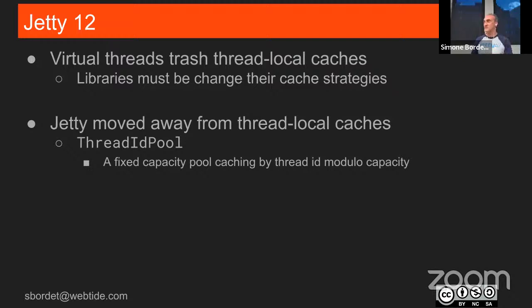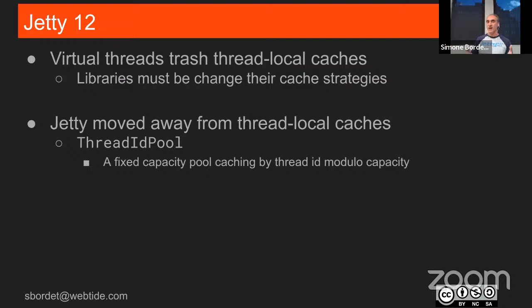Okay, so now what happens with virtual threads? They come in, you do the expensive calculation, you do your stuff, you come back, and then the virtual thread goes out and never comes back anymore. Never, right? And so now you're coming again with a new virtual thread. You have to renew the calculation and be expensive again. And so every single request now becomes expensive.